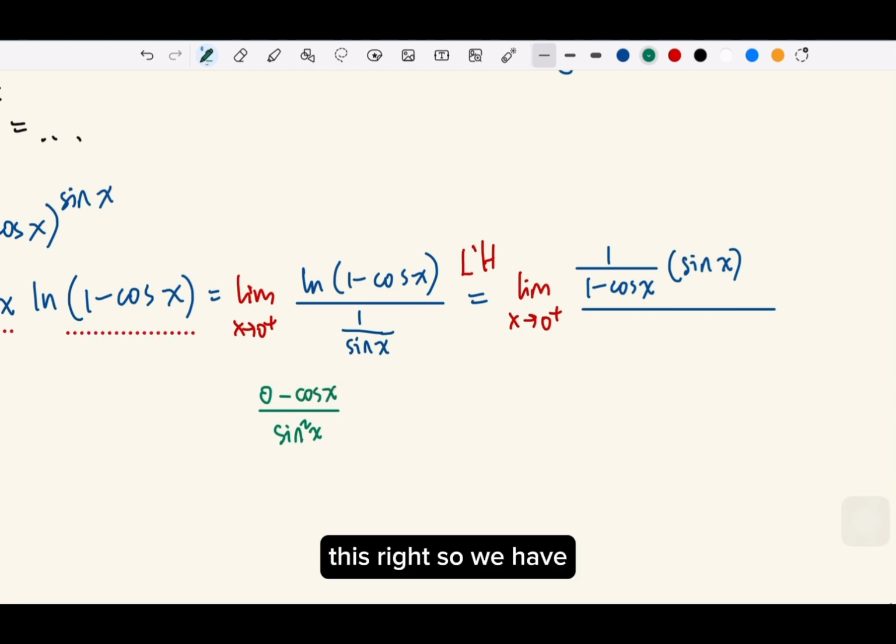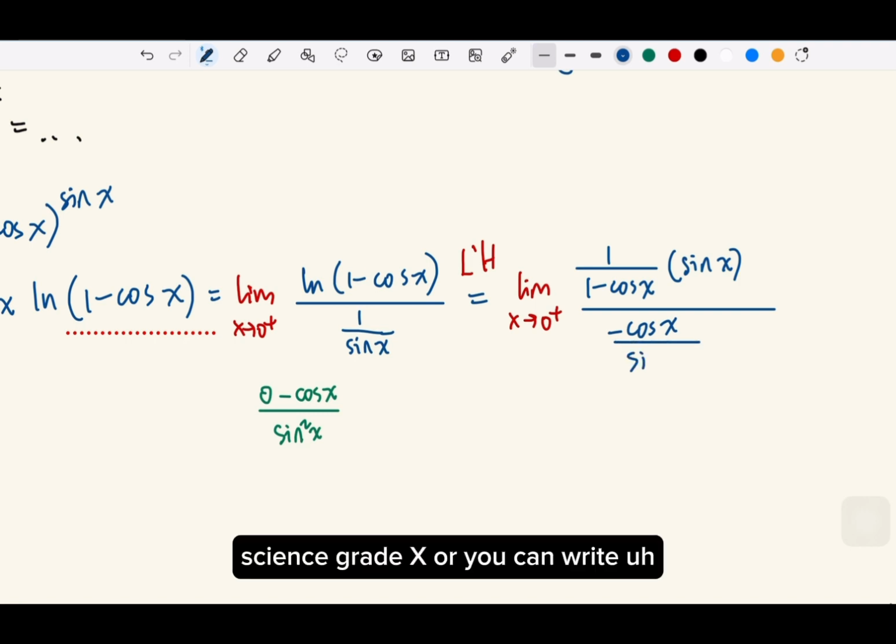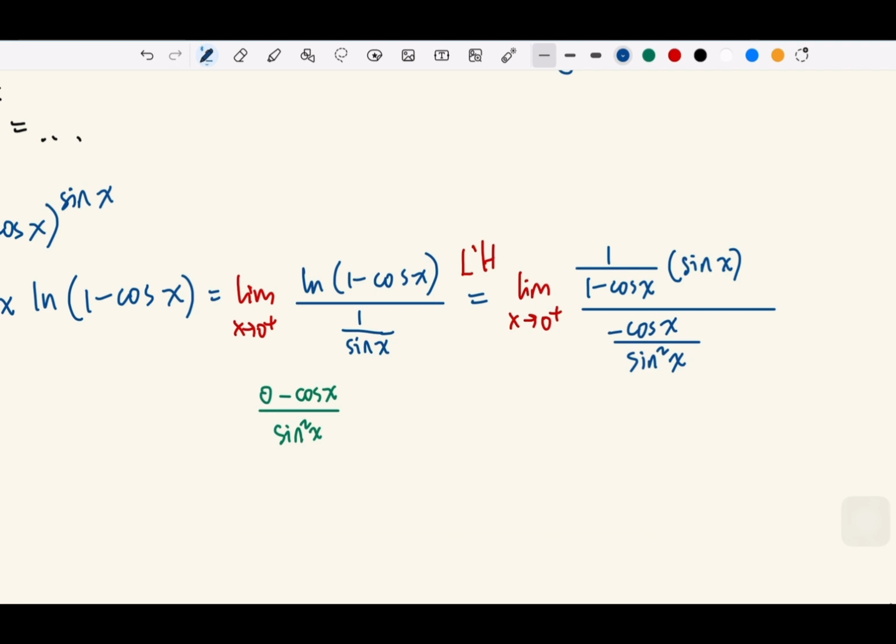This, right? So we have negative cosine x over sine squared x. Or you can write negative cotangent cosecant, right? Okay. But anyway,